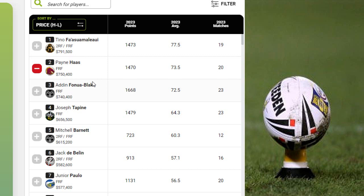The halfbacks, Cleary, Hines, fullbacks, Ponga, and someone else, Dylan Brown, and another decent 5'8". I don't know. We'll get to more of those positions later, but let's delve into some other options in the front row. So Tino